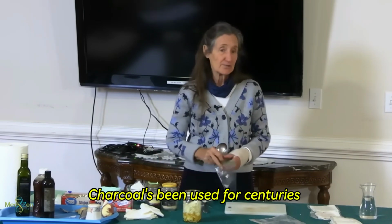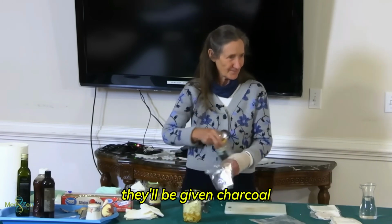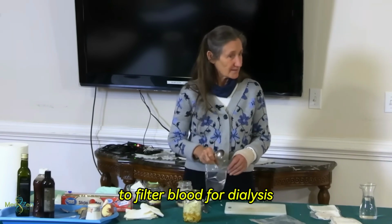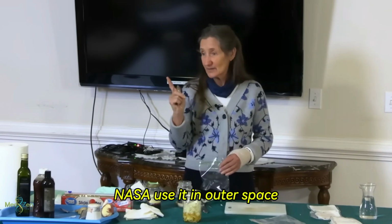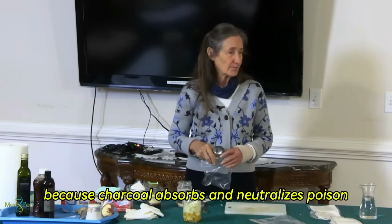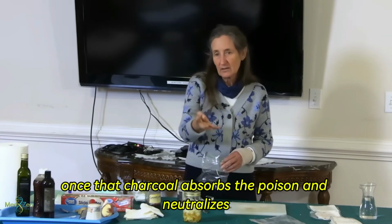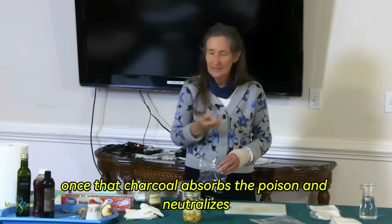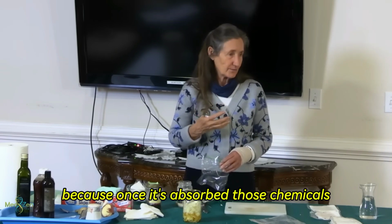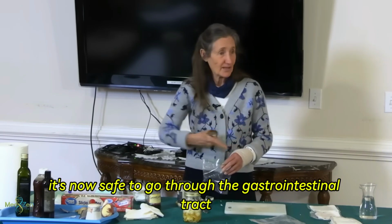Charcoal's been used for centuries. In fact, if someone has an overdose and they go to hospital, they'll be given charcoal. They use charcoal in hospital to filter blood for dialysis. NASA use it in outer space to filter the water and the air. Many masks have charcoal in them because charcoal absorbs and neutralizes poison. So once that charcoal absorbs the poison and neutralizes it, now it's safe. That's why they use it in poisoning. Someone's been poisoned or overdosed, because once it's absorbed those chemicals, it's now safe to go through the gastrointestinal tract